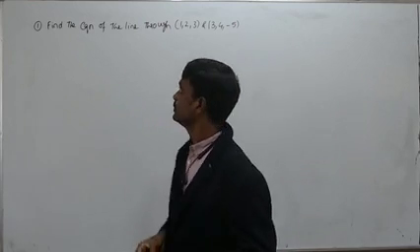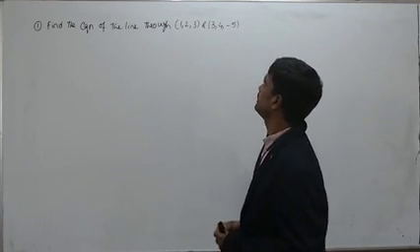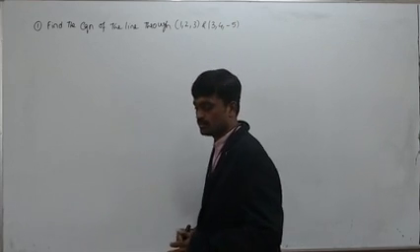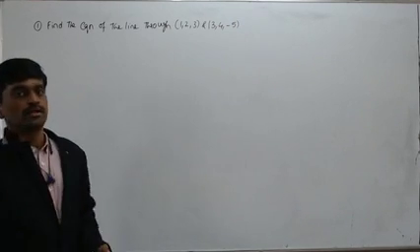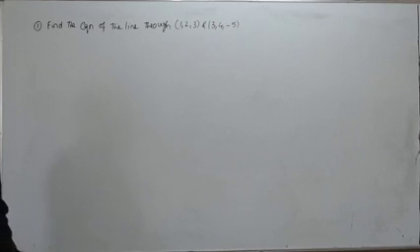So look at the problem. Find the equation of the line through the points (1, 2, 3) and (3, 4, -5). So we have to find the equation of this line in both vector form as well as Cartesian form. Okay, so let us denote